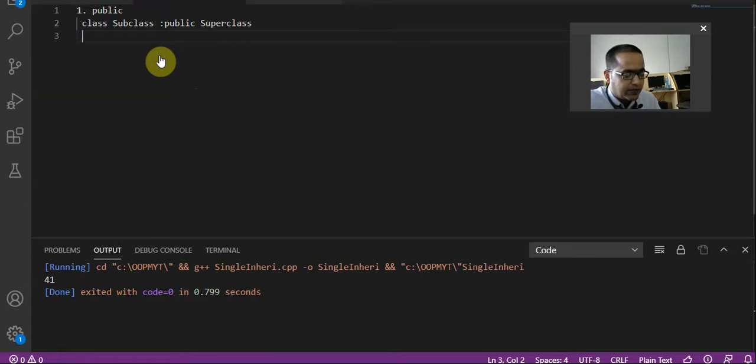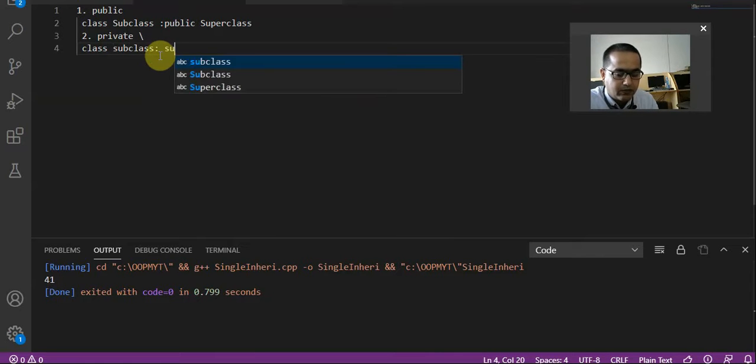The second mode is private. So what will we do in private mode? The way to declare it: write down the class, here is the subclass, then the sign, and then the superclass. You needn't write anything.